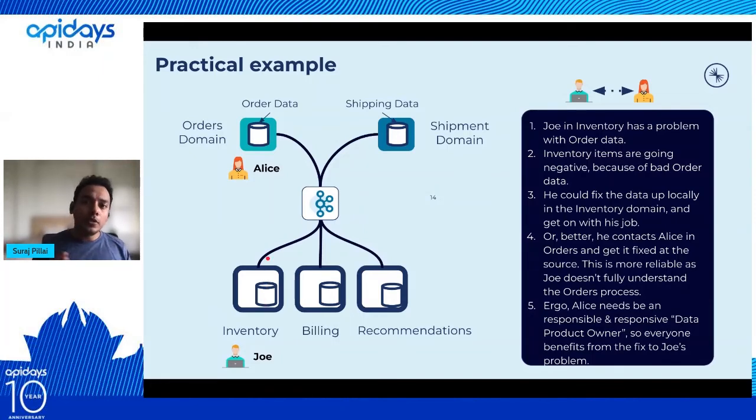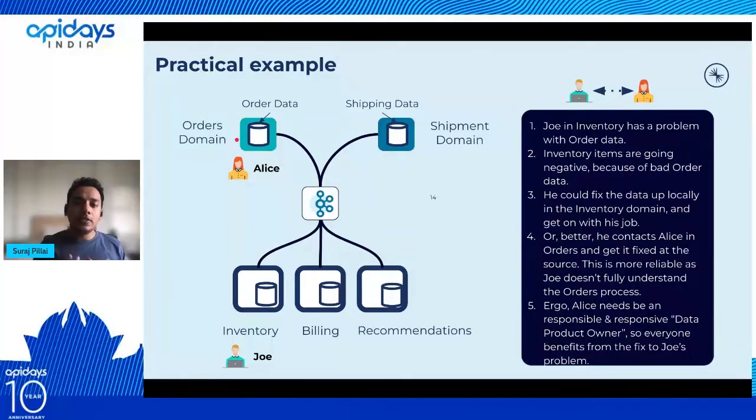So there are two approaches which Joe from the inventory team can take. He can either correct the data himself in his particular domain, or he can contact Alice from the orders domain and tell her, okay, listen, there is a problem with this attribute, you need to correct it. And the second approach is the valid approach if you look at it, because the order data